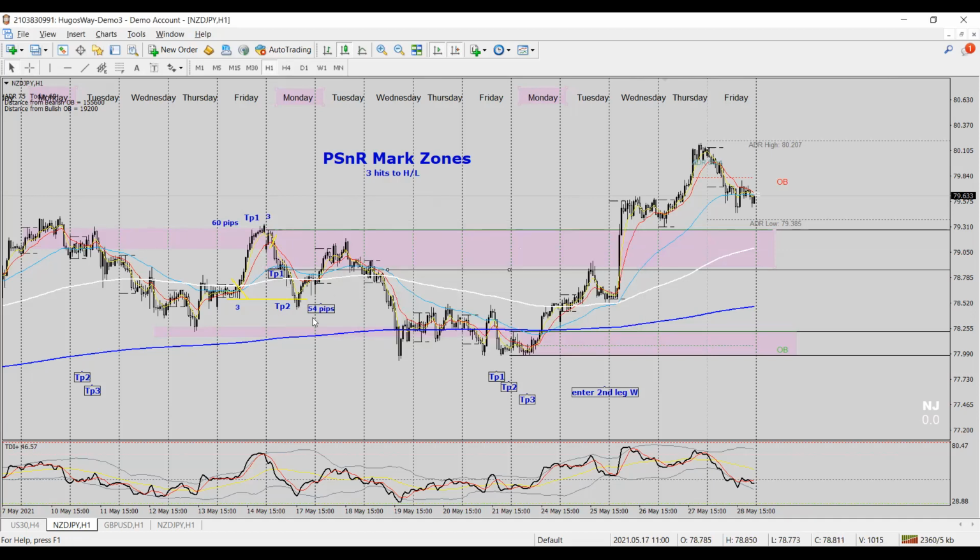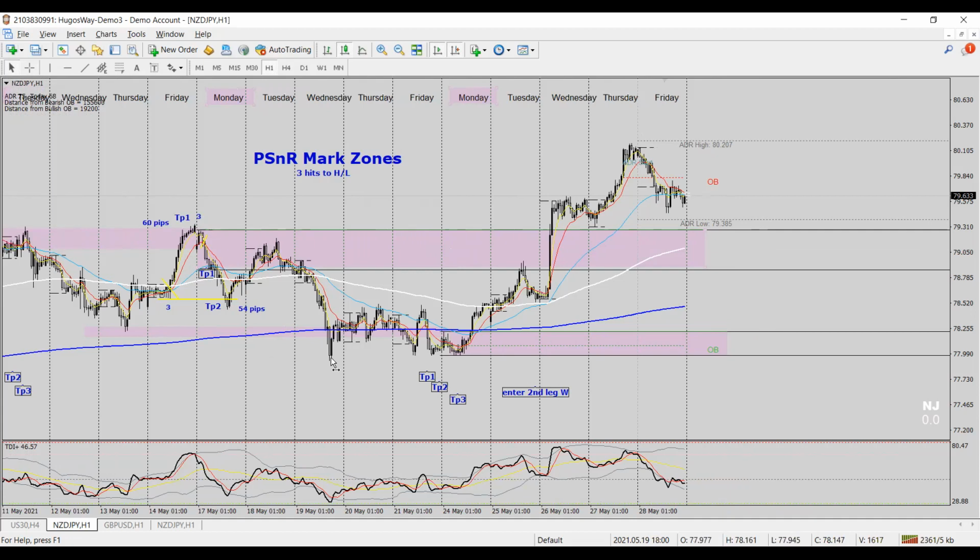Not bad. Okay. So now you're waiting for the next opportunity. Now this one didn't come all the way up to the high, but it came pretty close, right? You're looking to see if this thing is going to give you the cycle. But if you're paying attention to the market maker cycle, then you would have taken this thing short right here